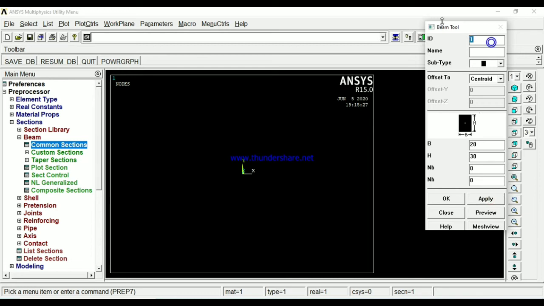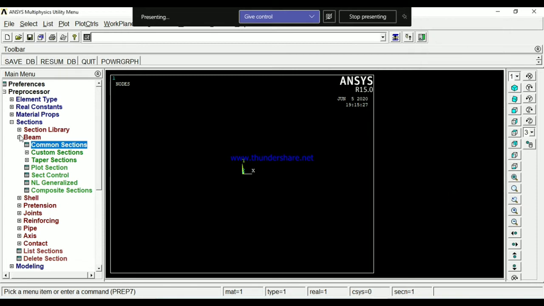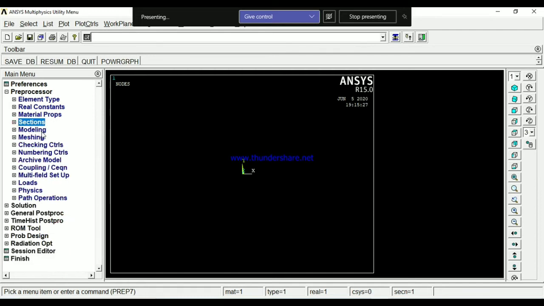Then change the ID to 2, the second cross section of the beam: enter 40 and 50, apply. Third one, once again 20 and 30. Apply, then okay. There is no need to give the real constants in beam problems, because we select the cross section of the beam itself.